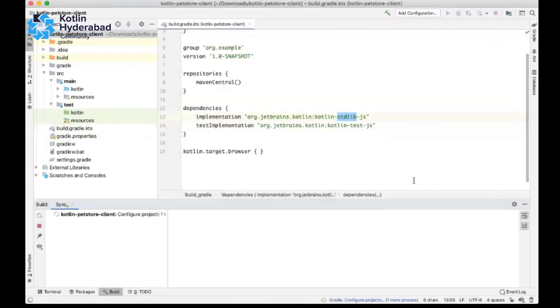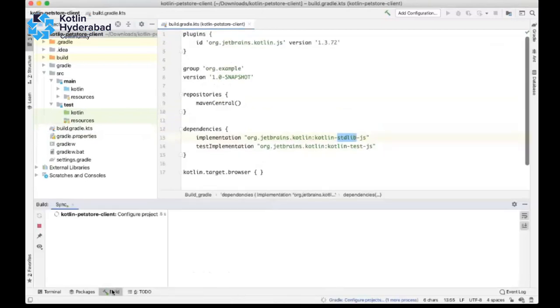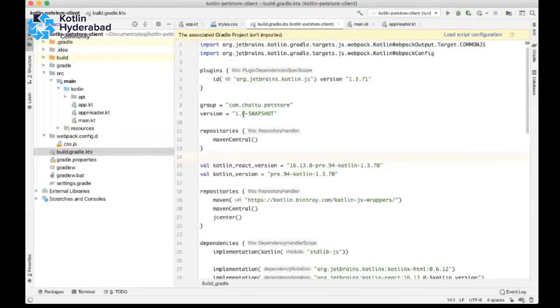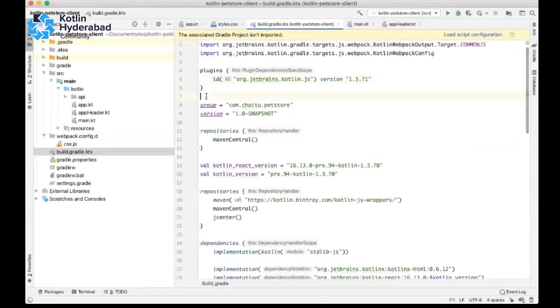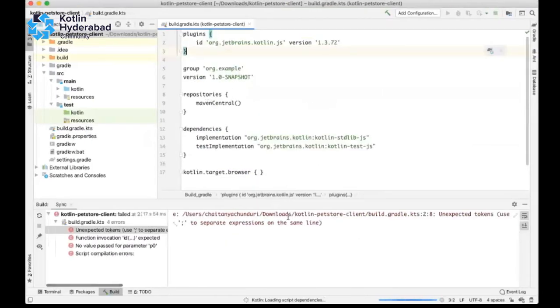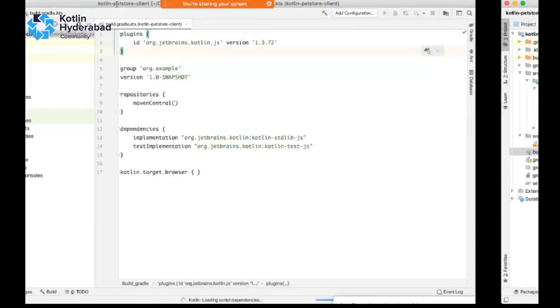Of course, you need to change it to Kotlin syntax. I'm just copy pasting the Kotlin JS related things and we need to make it Kotlin syntax.